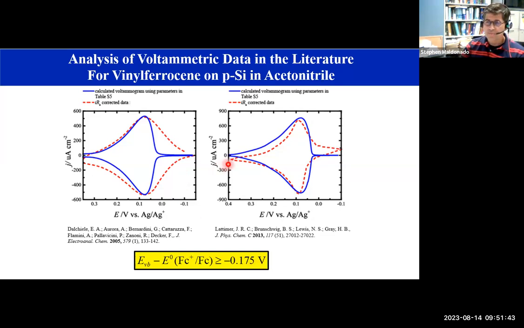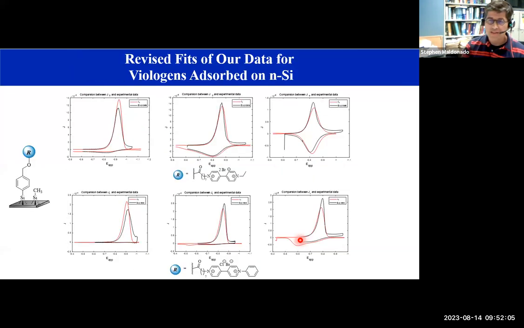Now you can see that our blue lines don't fit their experimental data perfectly. Honestly, the more we've looked at this, the more I feel it has to do with the data collection aspect. But there's still some aspects in our model that we're trying to refine in order to get a perfect fit. But we're pretty happy that on a global fit of other people's data, it seems like everything checks out. Applying that back to our data, which is stuff that we can quality control and vet, here are our now best fits of our